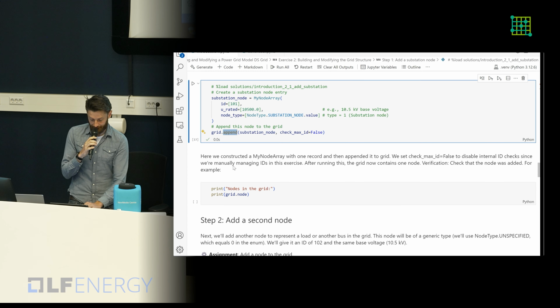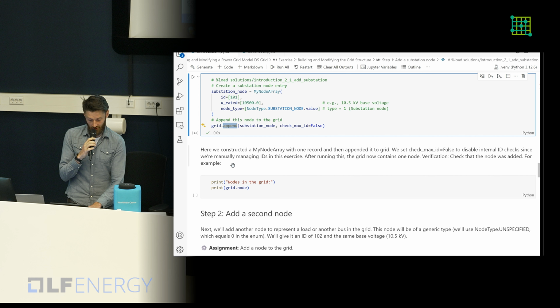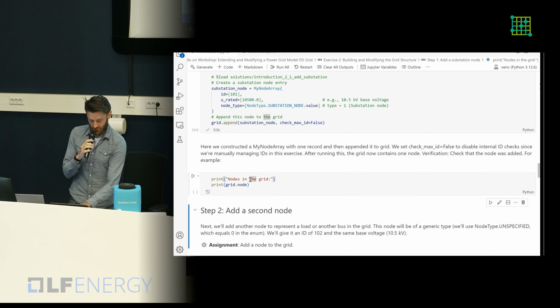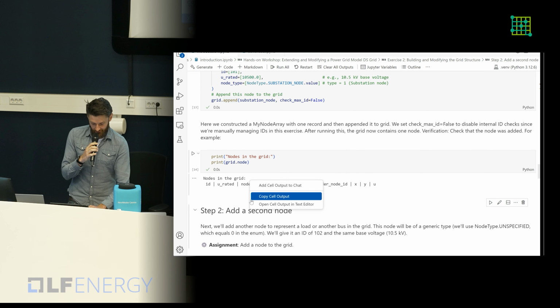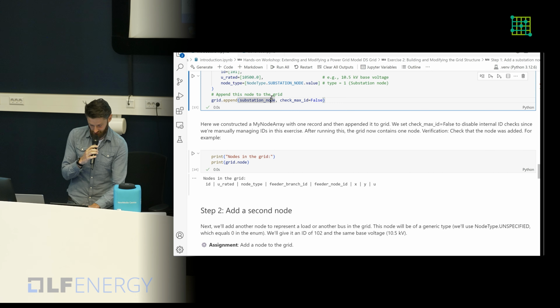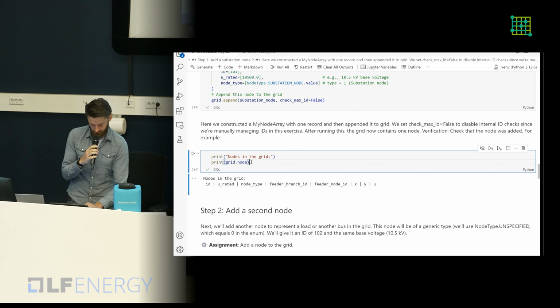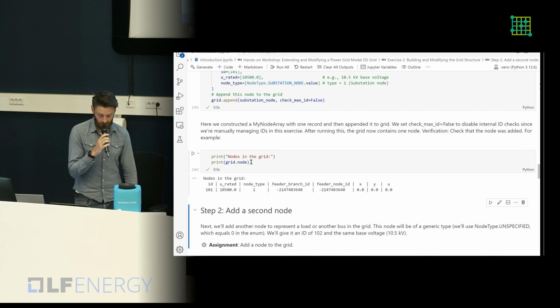So now we have added the node array, the substation node, and we can print. Oh, I think I forgot running this again. Yes, so now we have the node added to the grid.